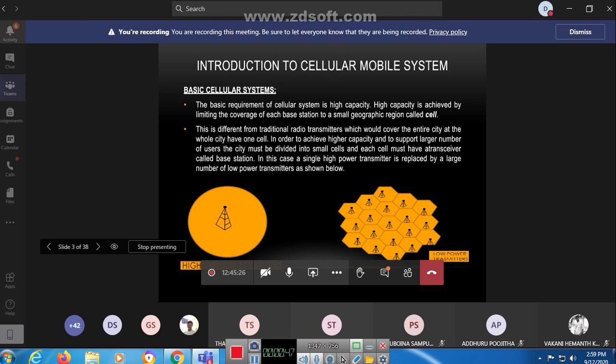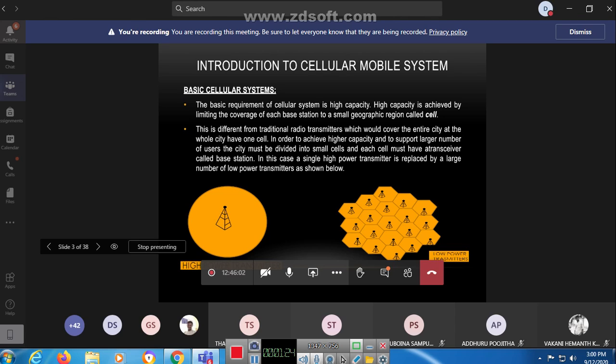Next, coming to the point, every cell has one nearer base station. So that is the simple communication process for the cell mobile system. In this communication we take the nearest distance only. So what is the nearest distance? For example, we can take Kavali to Madhurpadu, or Kavali to Nellore, or Kavali to Ongole. Likewise, from our town Kavali we can consider the nearer areas. Simply, that is the nearest distance or short distance only.